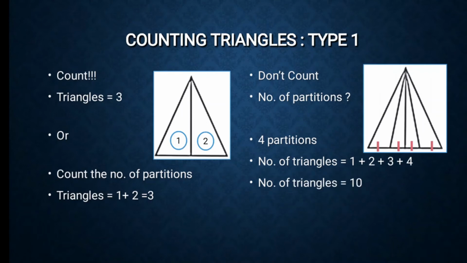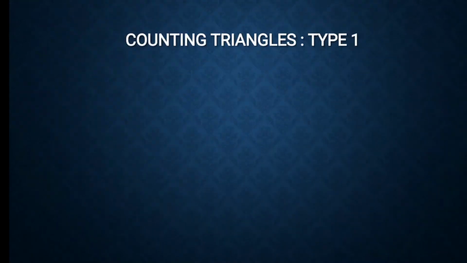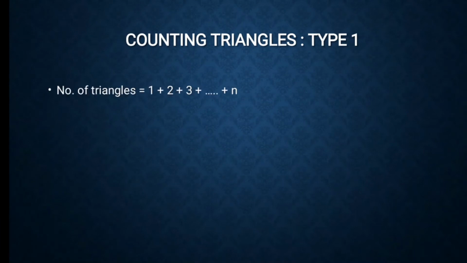So when you start counting the number of triangles, often you miss something or you count something twice, and you will get the number of triangles or the number of figures wrong. So instead of getting a wrong answer and taking a lot of time, you can simply remember these tricks and find the correct answer in a much shorter time period. Now, there is a formula for this also.